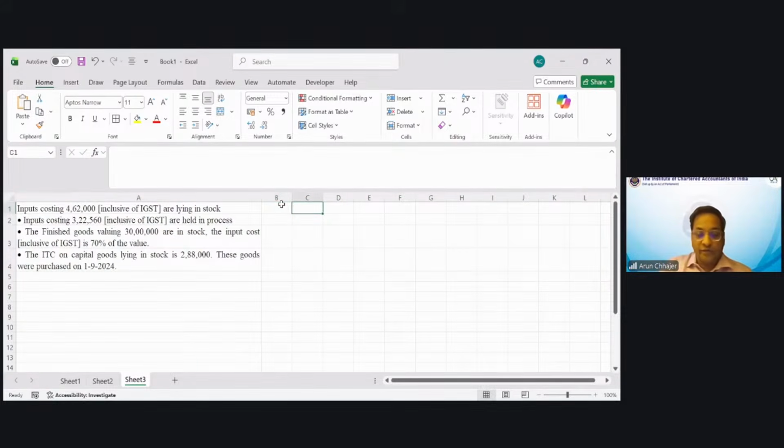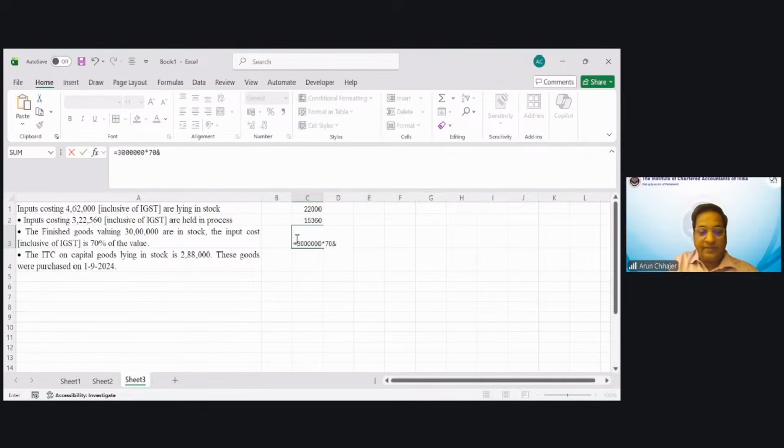So first is 4,62,000 divided by 105 into 5. So that is 22,000. So second is 3,22,560, so the amount that came is 15,360. Okay. The third one was 30 lakhs